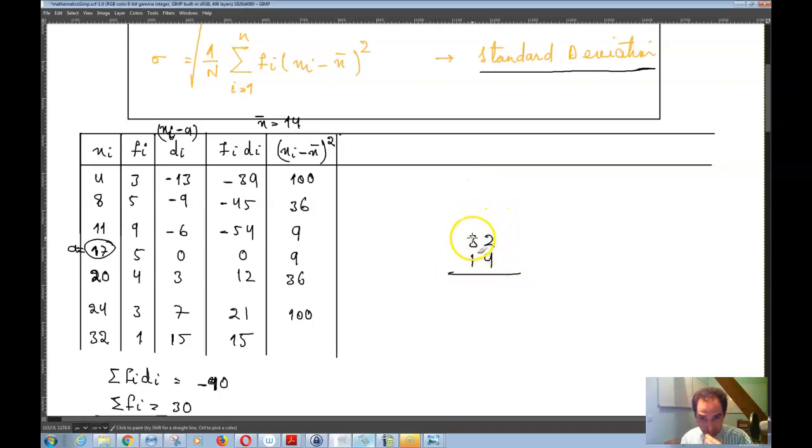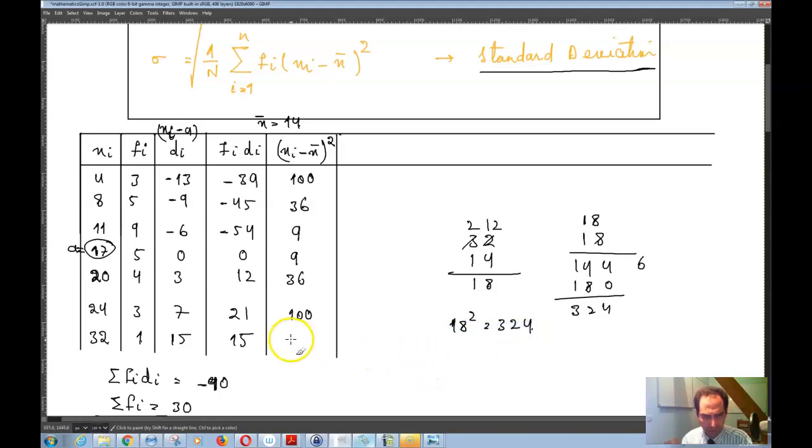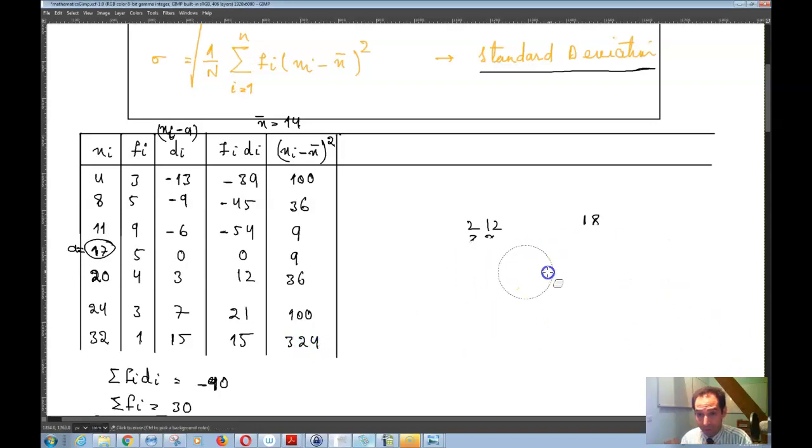And 32 minus 14 is equal to 18. 18 squared is equal to 324. So that is that. Now I need to